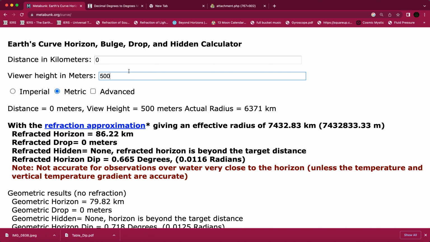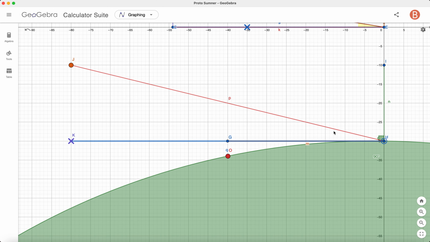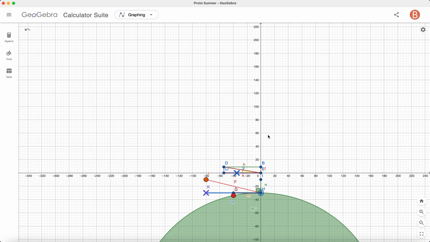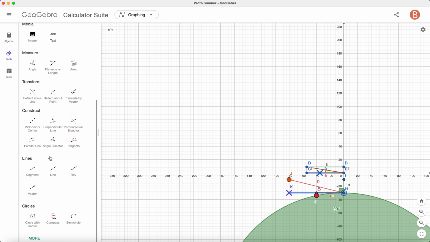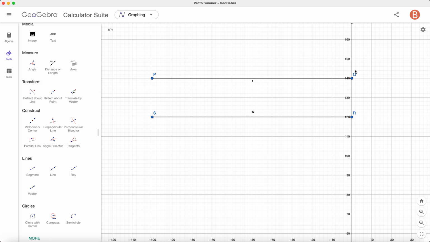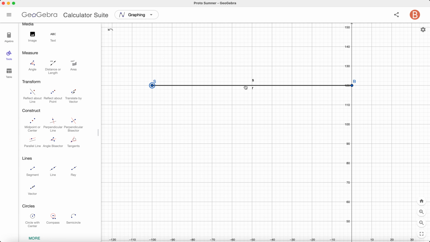That's two parallel horizontals. I'm just going to show. So this is what they're doing. Let me see. Come out here a sec. Tools. So to here and there to there. So what they're doing is, if they're using 500 meters, then this is the 500-meter line here. This is the eye line coming straight out, and all they're doing is they're bringing that line down to meet this line here, right? So they're bringing this down to meet there, and then afterwards they're adding in